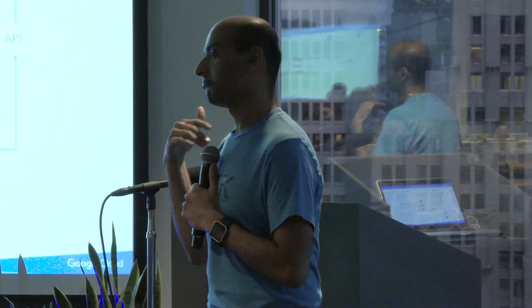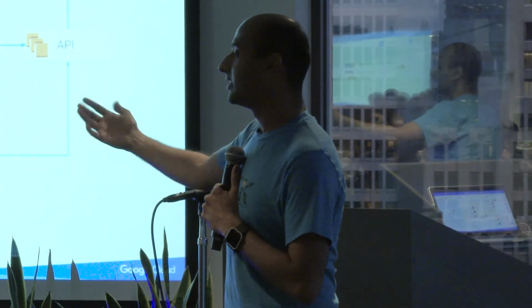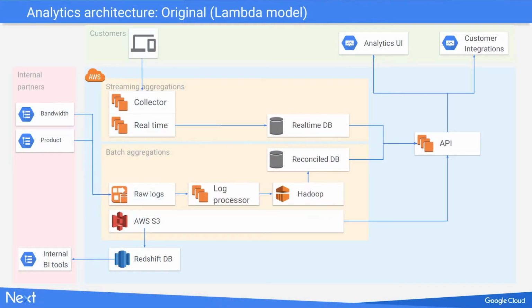So that's one part. And now comes the part when customer support comes to us and says, hey, stuff is not working. So we have had a Redshift database which allows for ad hoc queries over the entire set of logs and bandwidth logs, which are from the CDN, which are always 6 or 7 days late, and then our own logs and any other kind of things that we can put in there which would assist in diagnosing a problem or figuring out what we should be doing next to make the product better.